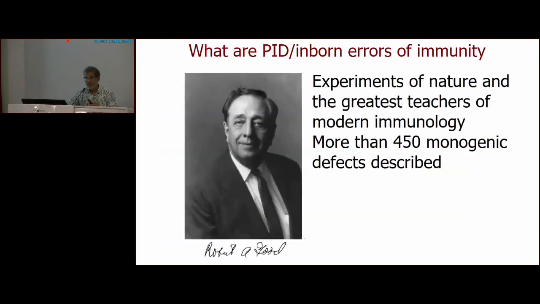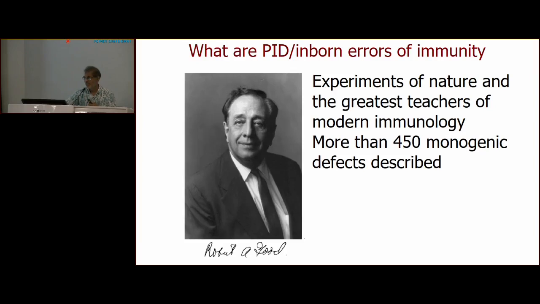So what are PIDs? PIDs are basically genetic diseases of human immunity, where there are single gene defects or monogenic defects in different genes which encode for different proteins of the immune system, and they involve both adaptive and innate immunity. And one of the very good definitions was given by Professor Robert Good, who was a pioneer